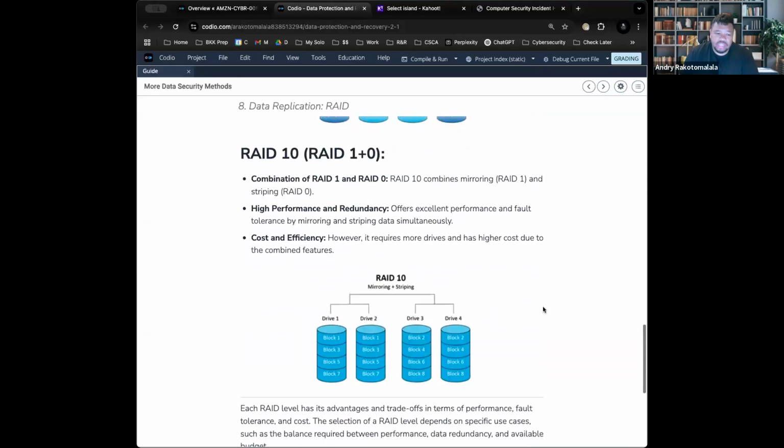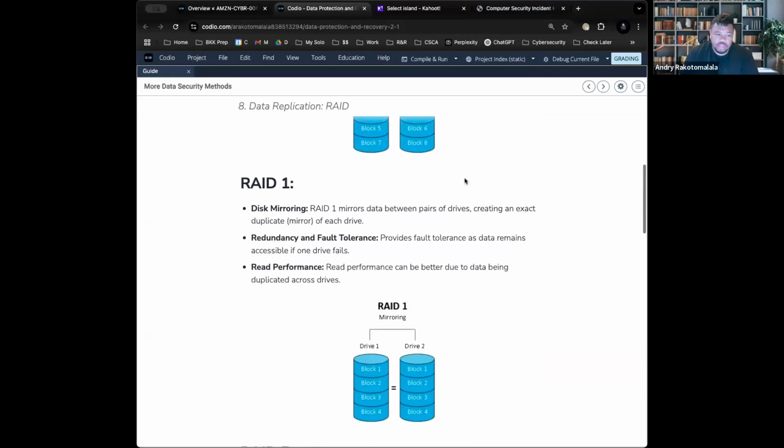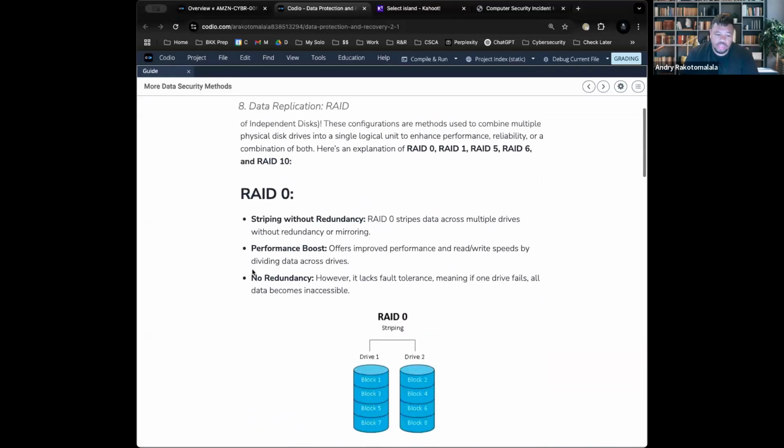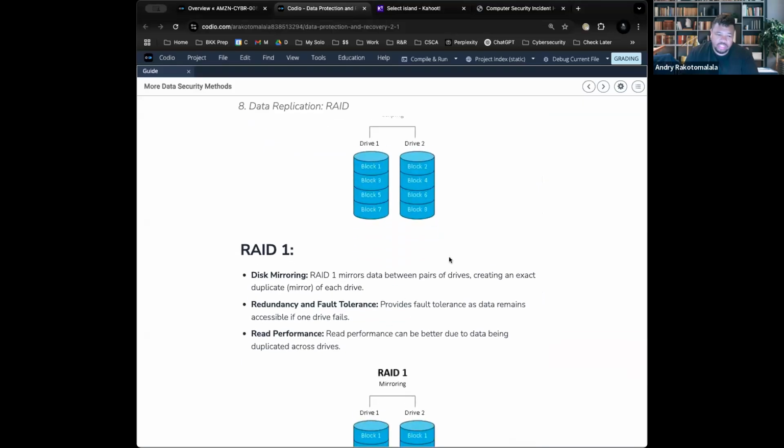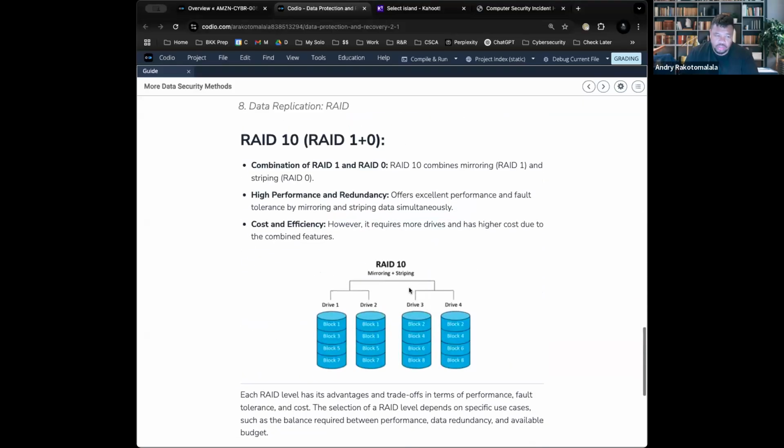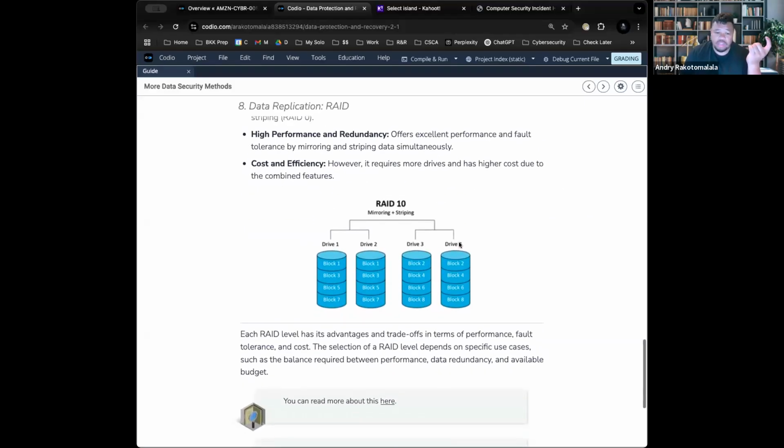And then there's RAID 10. RAID 10, in very simple terms, is just putting RAID 1 and RAID 0 together. As you remember, RAID 0 is just copying everything on one, and then RAID 1 is mirroring everything. So that's all RAID 10 is. RAID 10 is good because it has high redundancy and high performance. Depending on your organization, obviously, because it's high performance and high redundancy, this would seem like the best bet, correct?